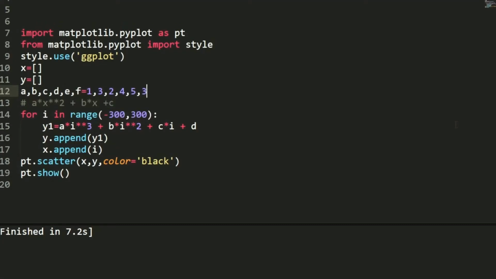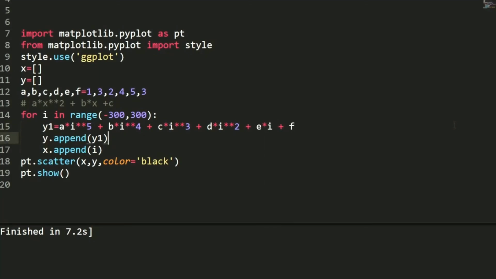And now the equation is a*i^5 + b*i^4 + c*i^3 + d*i^2 + e*i + f. Again, everything is fine.